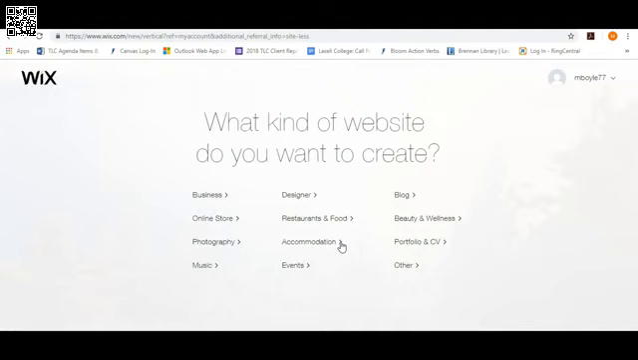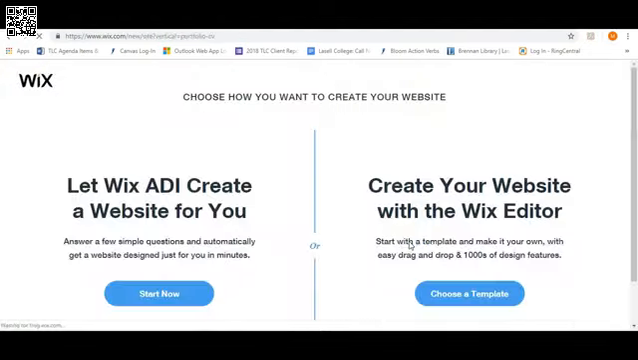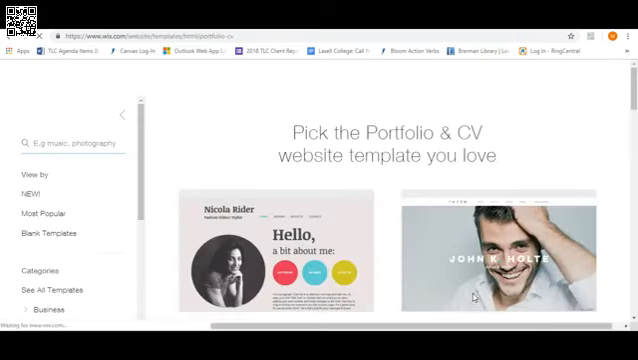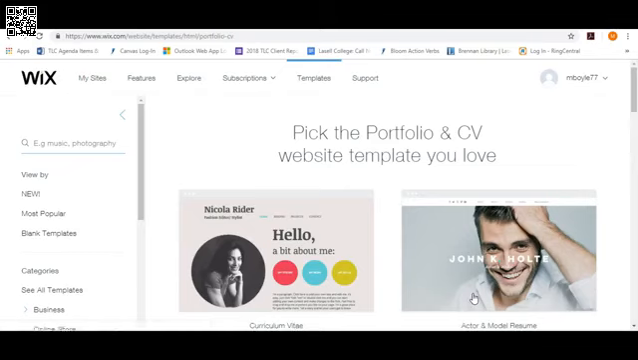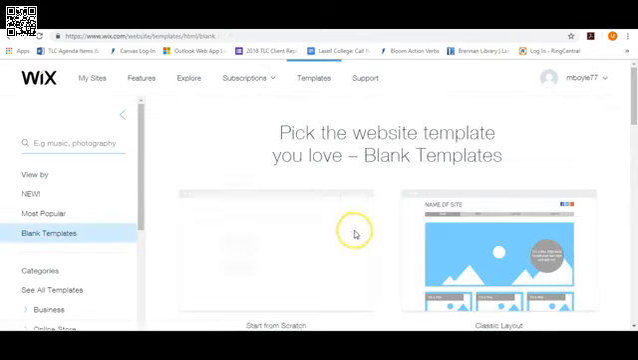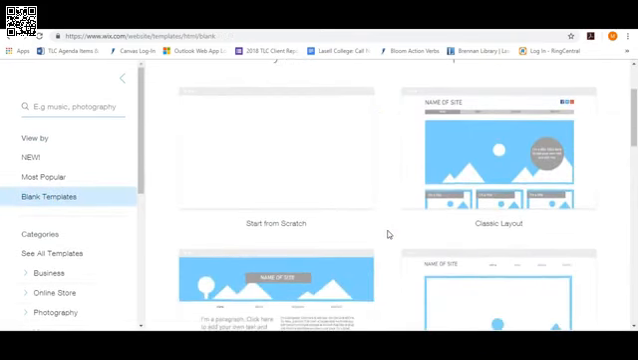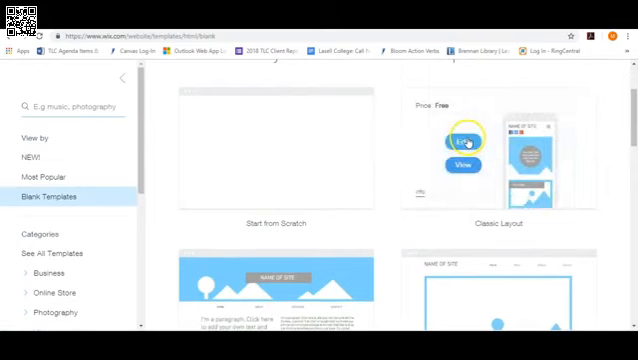For the purposes of this demonstration, I'm going to choose Portfolio and CV. And from here we recommend you click on Choose a Template so that you can choose a template that will give you some options that you can then adapt for your purposes. I'm going to pick Blank Template from here. Now I can start from scratch, but I'm going to actually start from the classic layout and click Edit. So I can show you what the classic layout they show to me is, and then how to build pages